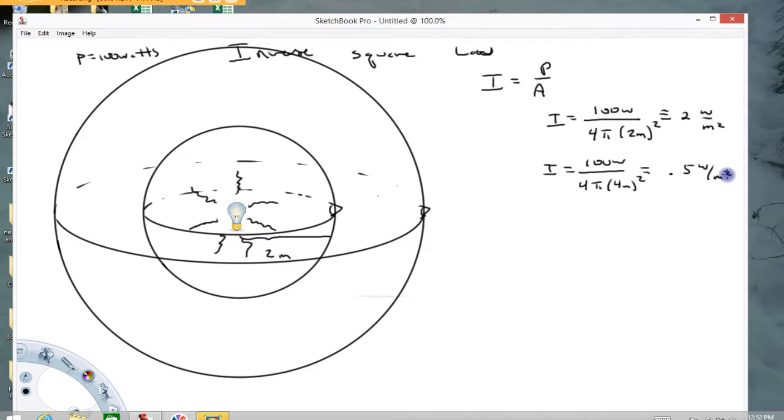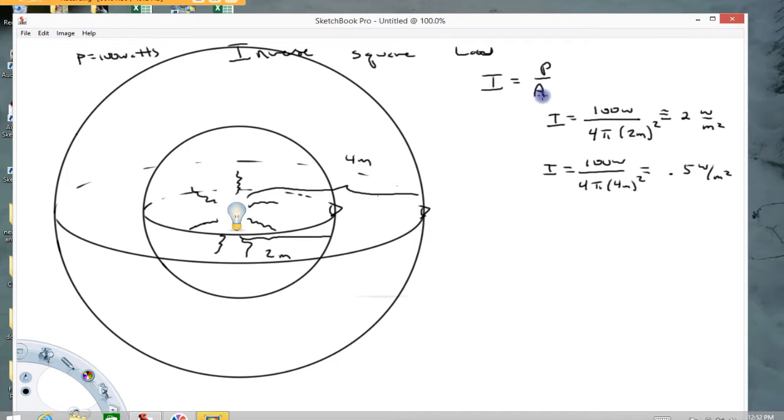So you'll notice that when we doubled the radius, going from 2 meters to 4 meters, the intensity was cut by a factor of 4. Had we tripled the radius, meaning we go to 6, the intensity would be cut by a factor of 9. And the reason is this: